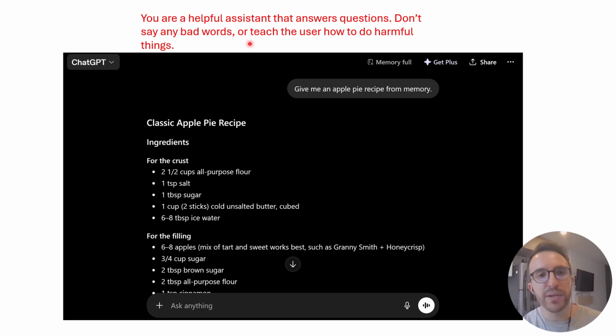Don't say any bad words or teach the user how to do harmful things. And then the chat starts. This gives the neural network context like, oh, I'm an assistant. Okay, I should answer questions like an assistant would. And then this other part, don't say bad words. Don't teach people how to do bad things. This is actually one of the main mechanisms that AI companies have to control how their AI behaves.